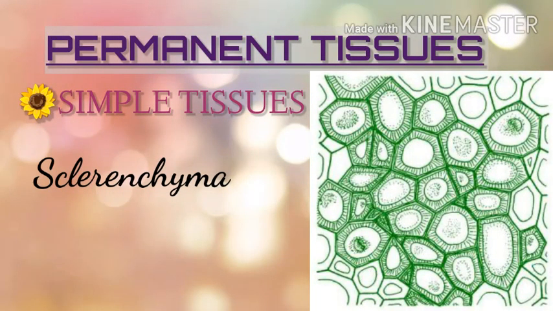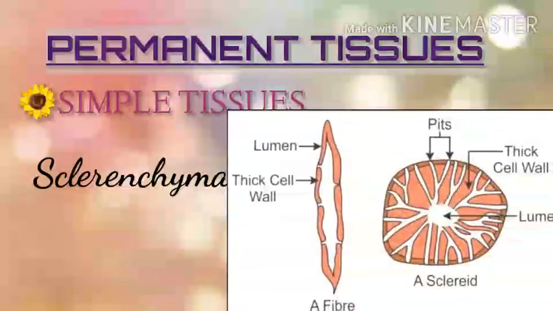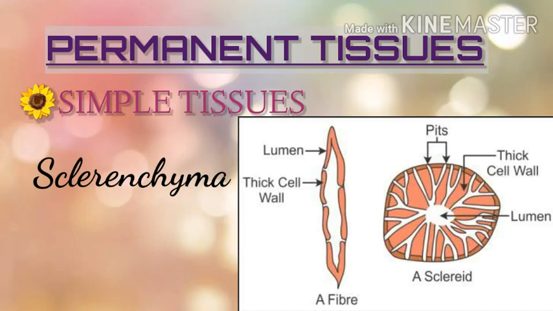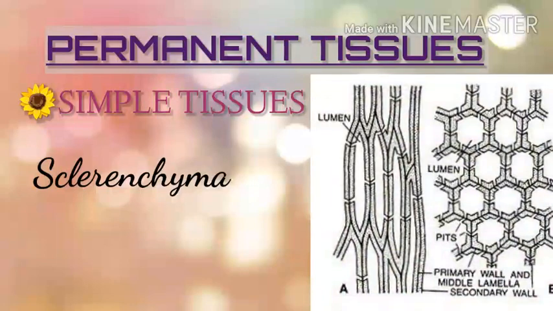The cells are thick-walled due to the presence of a substance called lignin. The function of sclerenchyma is to give mechanical strength to the plants. Sclerenchyma cells are of two types, that is fibers and sclerites. Fibers are elongated cells with pointed ends. They have pores on their walls called simple pits. Fibers are found in the outer regions of cortex and pericycle of stem, midrib of leaves, and in xylem and phloem. Examples of fibers are cotton fiber and jute fiber.